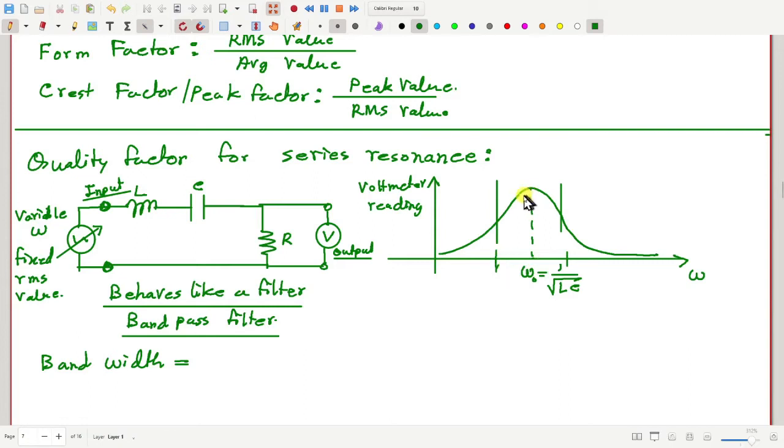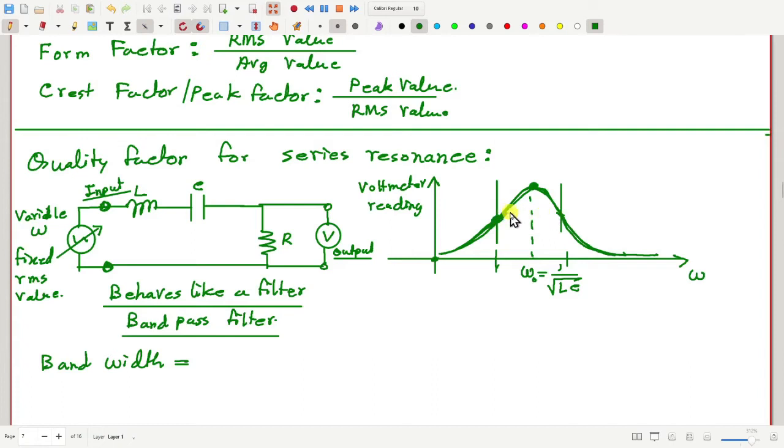Now you can see that this is not a discrete graph, this is a very smooth continuous graph. So I cannot say that certain frequencies are passed and certain frequencies are absolutely blocked. We can see that omega naught is allowed to pass to the maximum extent, frequency 0 and frequency infinity are not allowed at all, but frequencies here and here are allowed to some extent, not completely allowed, not completely blocked. So how do we define the width of the